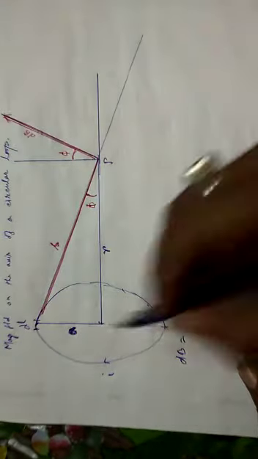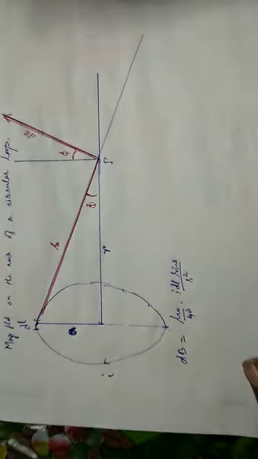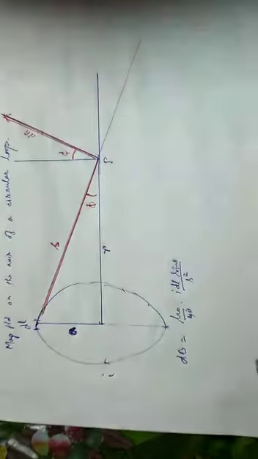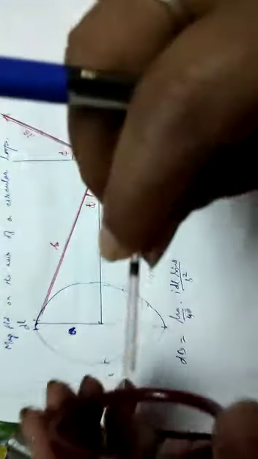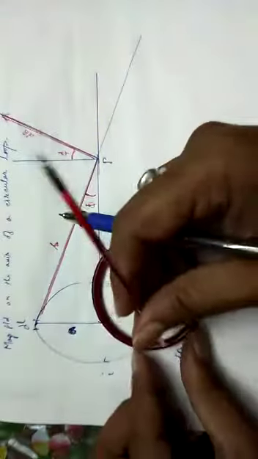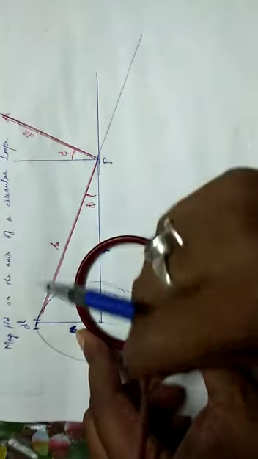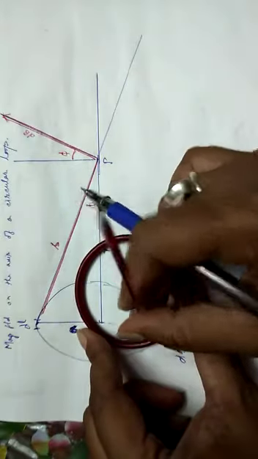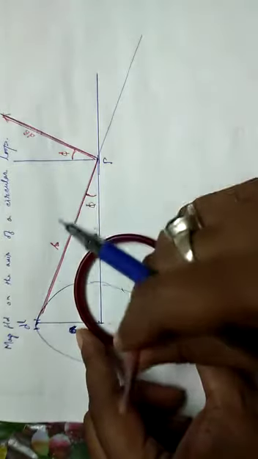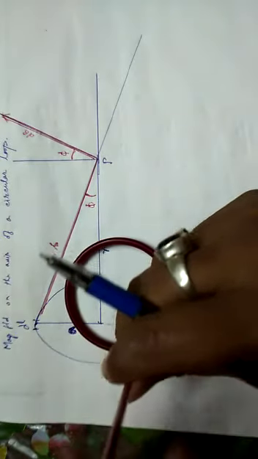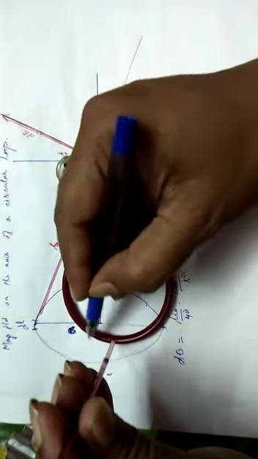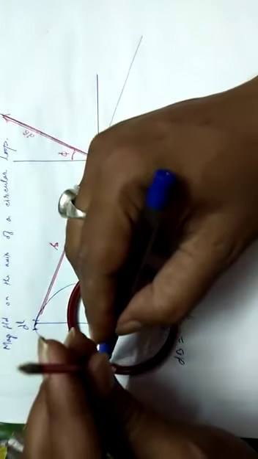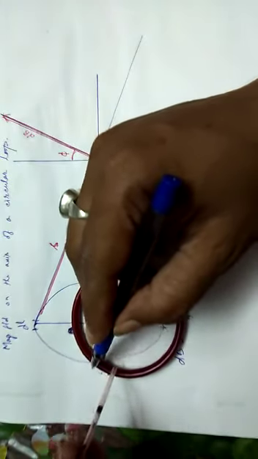Although a three-dimensional figure is required, and if you draw it on paper, it is impossible for me to show how this angle is 90 degrees. But if you take a coil, this will always make an angle of 90 degrees with this I dL. Whatever be the orientation of this displacement vector, it is making an angle of 90 degrees. Every time it is 90 degrees, even at this position and this position.